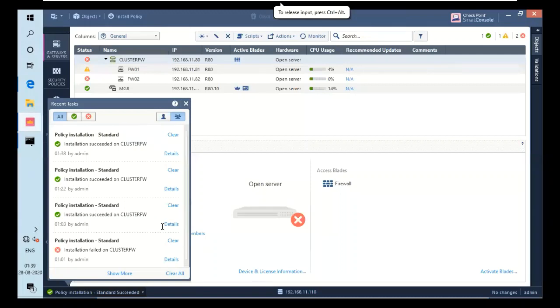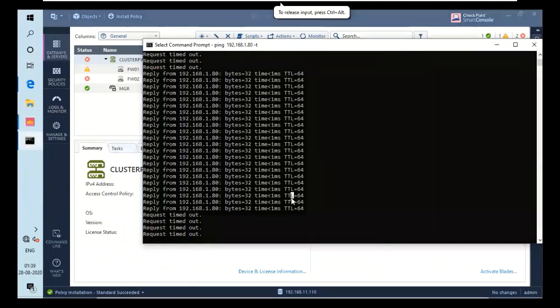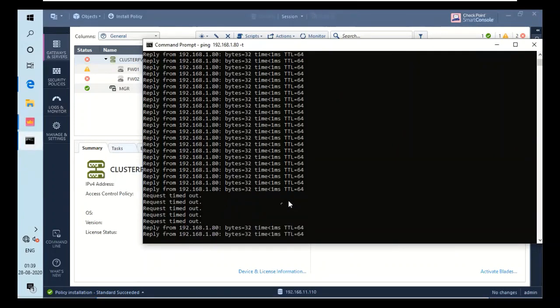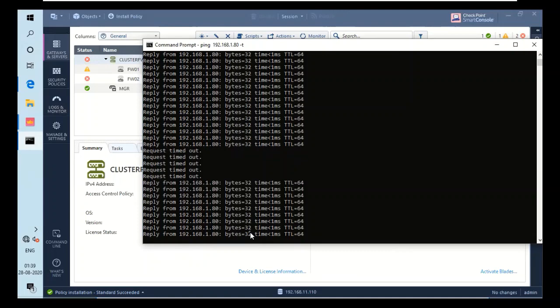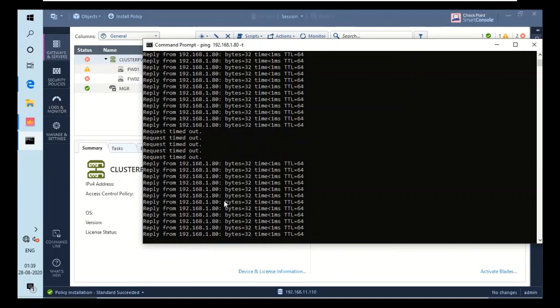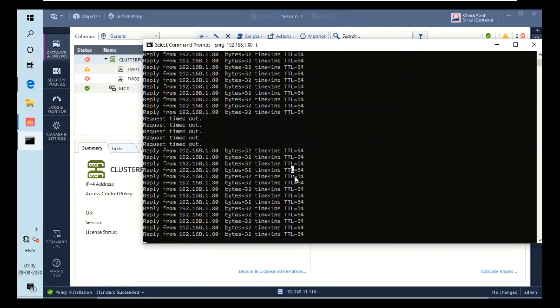So load sharing has been installed, and let's try to ping it again. I'll go for cancel. Yeah, as you can see, our ping is active and it's actually load sharing. Both the firewalls are load sharing it, and when I try to push it out, that's why we have a drop. Else it's load sharing now. Both the firewalls are taking the packets and replying to them. So that's it for this video, how you configure high availability and load sharing.